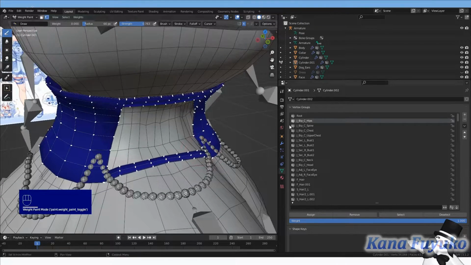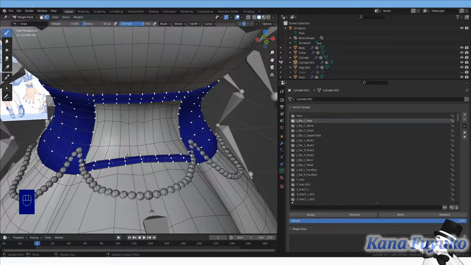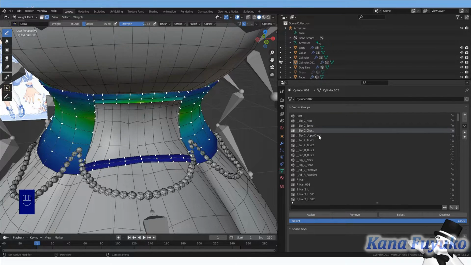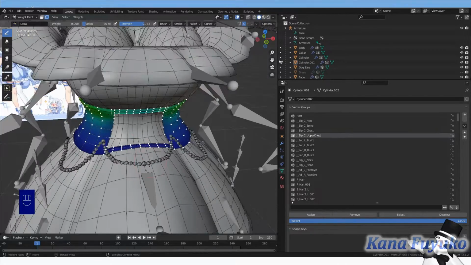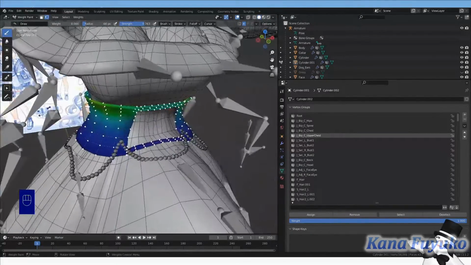But basically what I had to do was I had to fully select this part of the mesh. I had to manually remove the groups, you know, the vertex weight paint data for hip, spine, chest, upper chest, and then I had to scale out the corset a little bit bigger so that way it can look nicer for this, and it works really well.